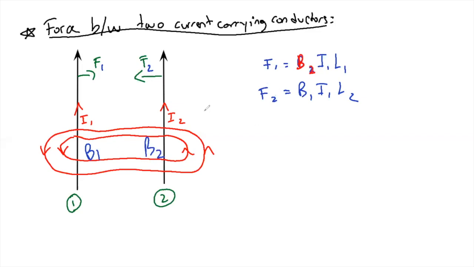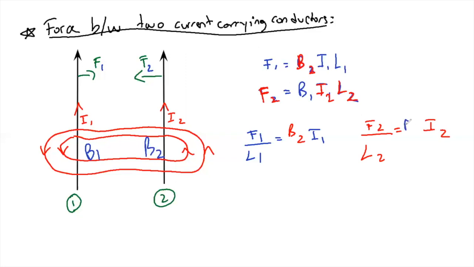But now, what about the second one? So F2, F on 2, it has its own current, which is I2, and it has its own length. But what is causing this force here? Well, B1. So B1 is causing the force here. Now, let's rearrange these formulas to this. So F1 divided by L1 is equal to B2 into I1. Now let's write it for the second one, which is F2 over L2 is equal to